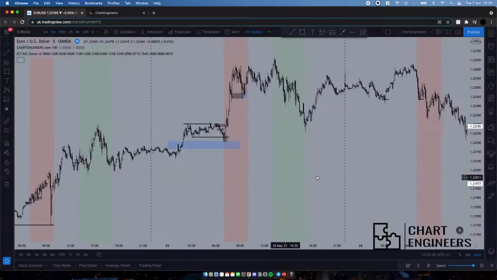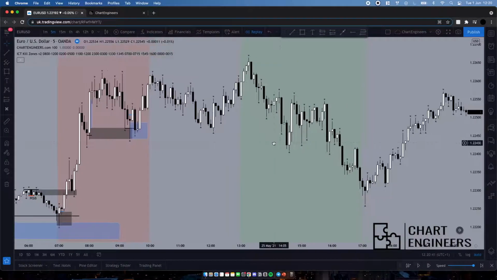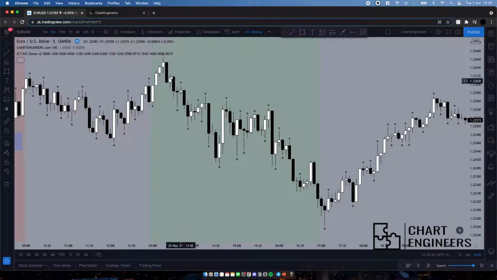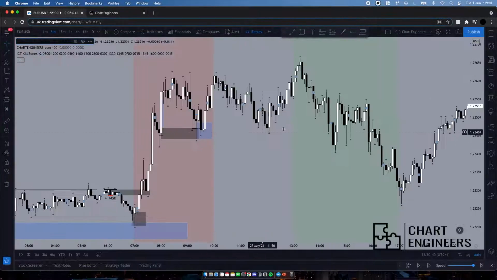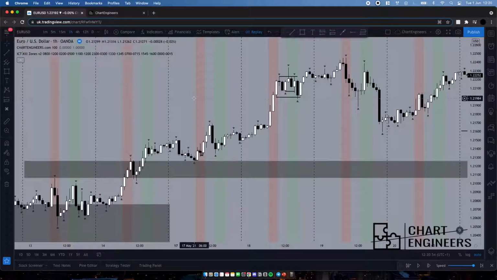But it is what it is. So I was done trading when London closed, so I didn't trade any New York session, but we'll just look at price. So we see that price starts to go lower, but we'll just see on the higher time frame if anything hinted that it wanted to go lower.